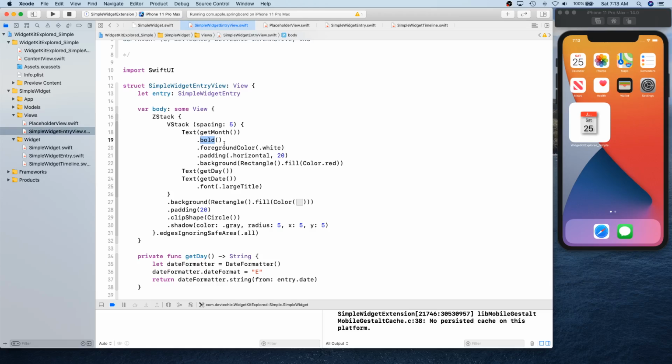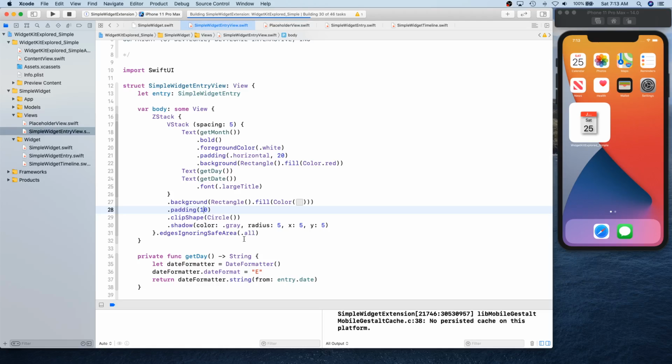Our text is a little bit more bold than we want. Maybe we can reduce the padding around it. Anyways, that's the layout issue.